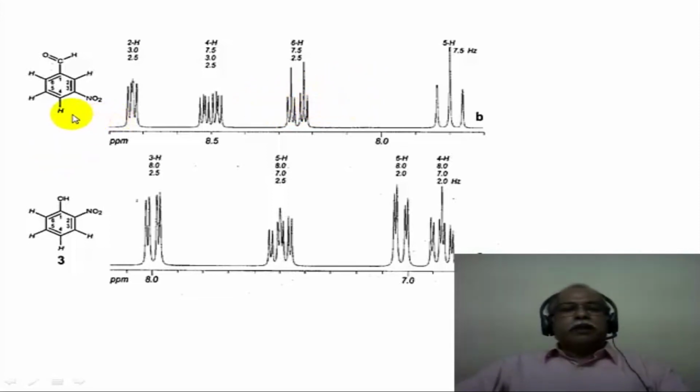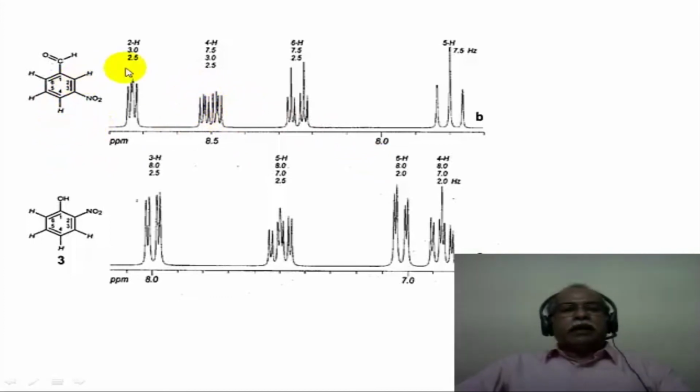Now take the example of hydrogen number 4, which is in this position. This has an ortho hydrogen, and the two meta hydrogens are not equally coupled. In other words, the meta coupling between these two hydrogens is different from the meta coupling between these two hydrogens. So this would be a doublet of a doublet of a doublet. An 8-line pattern is what one should see, and one actually sees the 8-line pattern shown in this spectrum here.